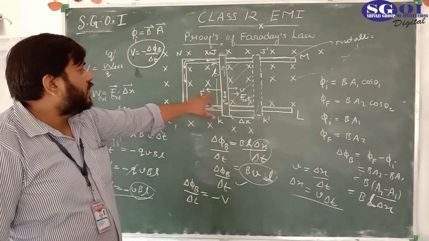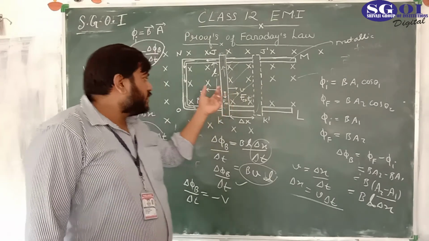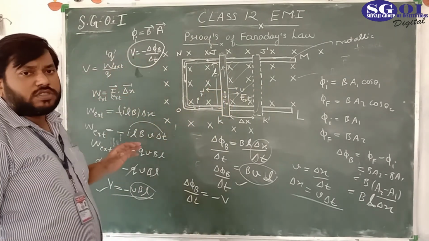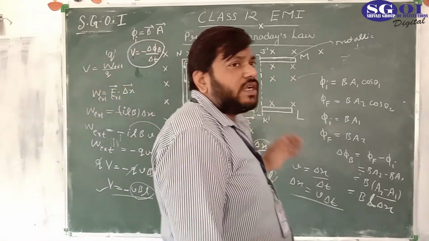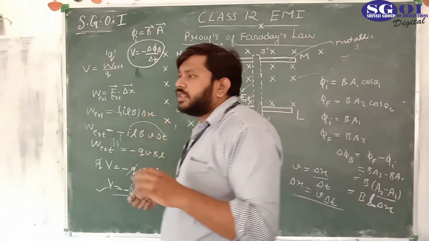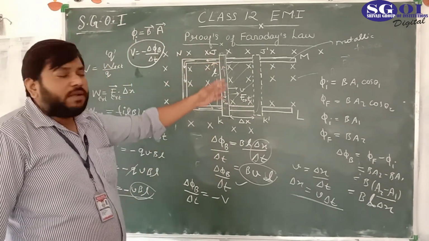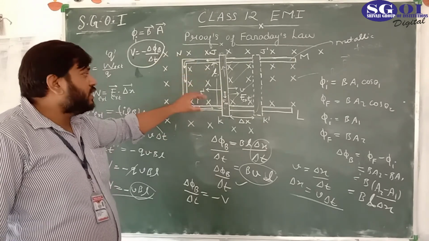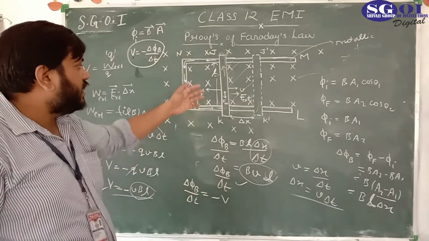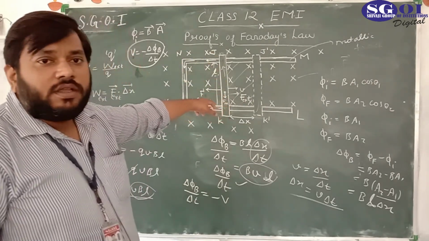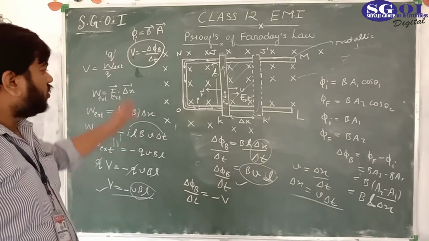You are seeing here that the force acting in this direction is opposing this motion. So this also proves that the negative sign indicates that the EMF induced opposes its own cause of production. Because of this EMF, current is flowing, and because of the current there is a force. This force is because of the current flowing, and we are seeing that this is opposing the direction of the motion. So this is the overall